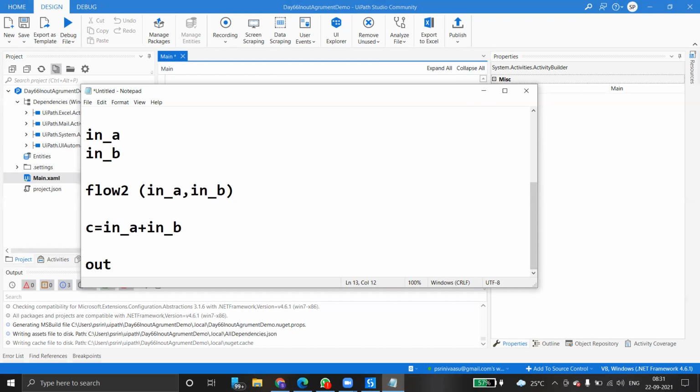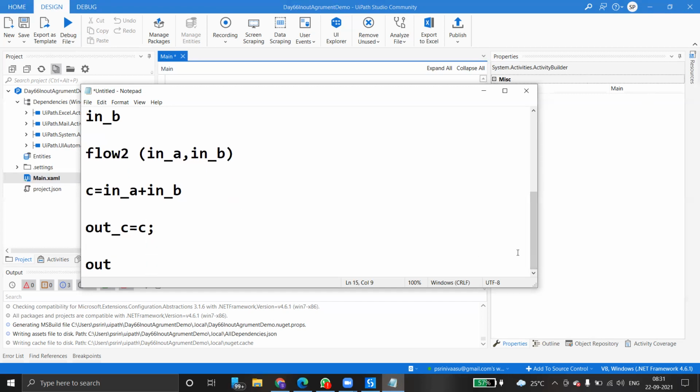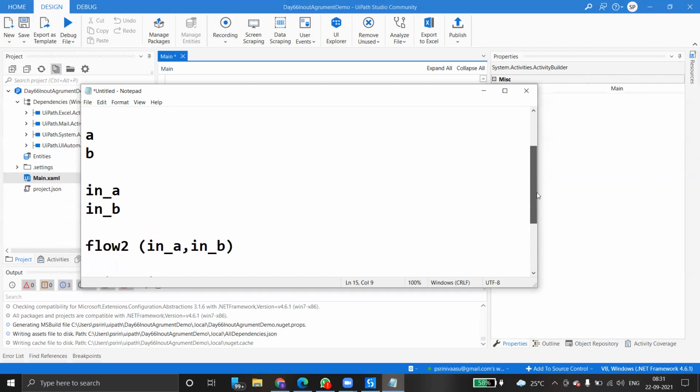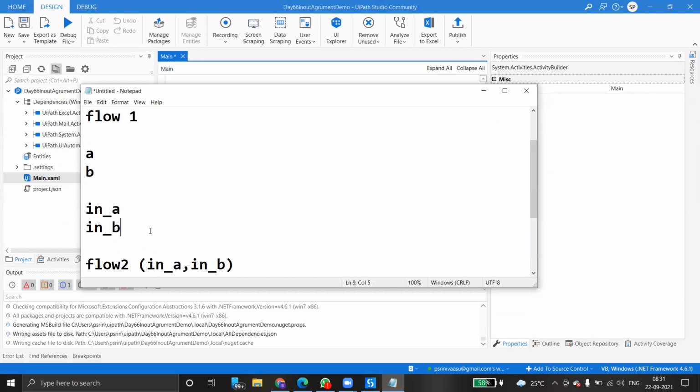We are creating an output argument called out c, and assigning the result to out c. Then after coming back to workflow 1, we are just printing a message box with out underscore c. That's all. This is what we want to do.